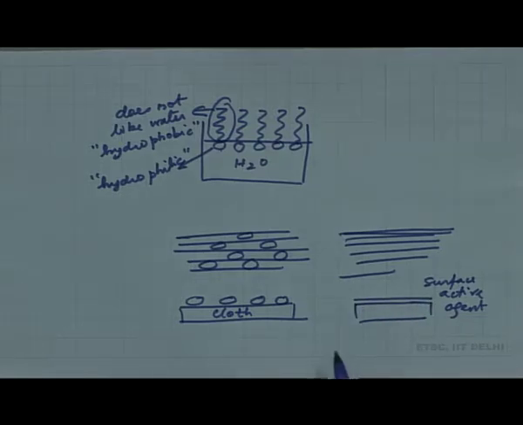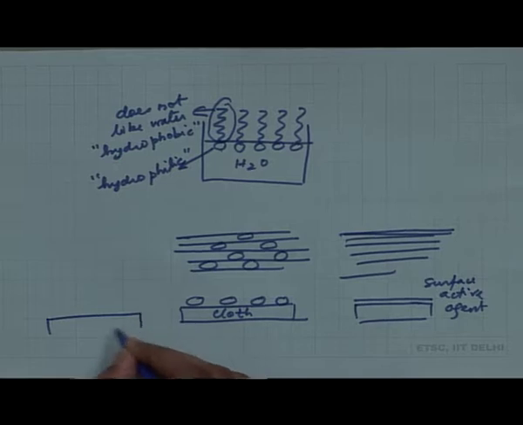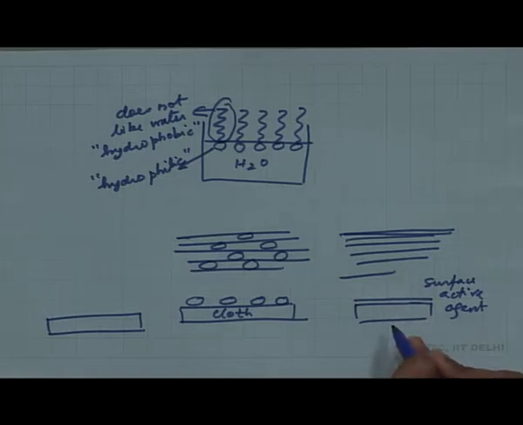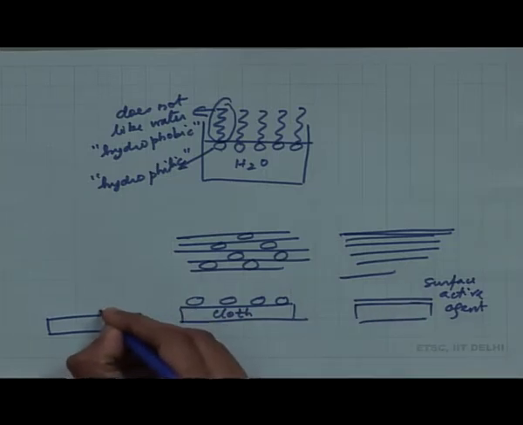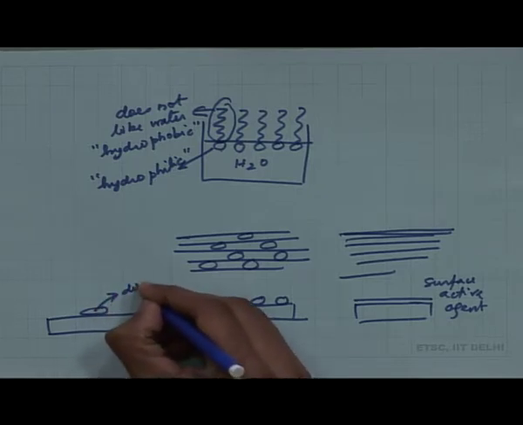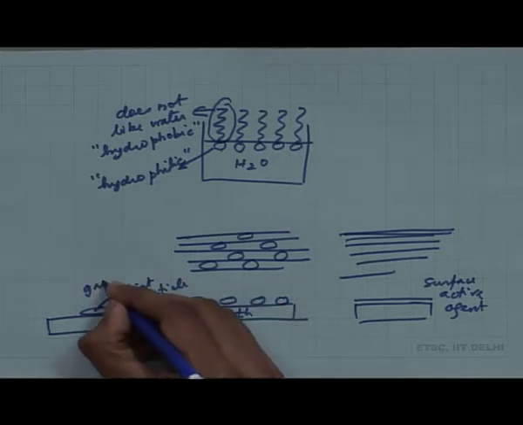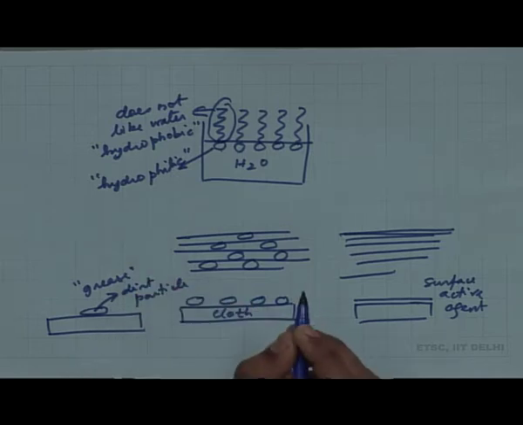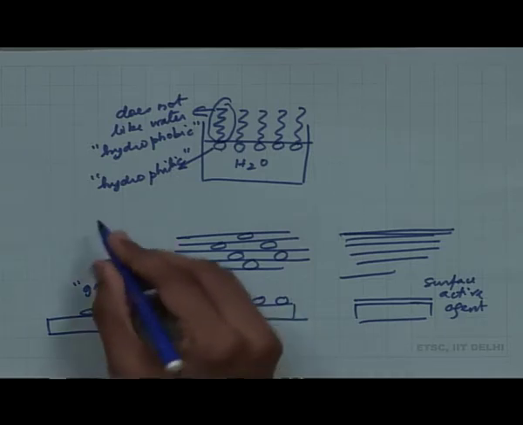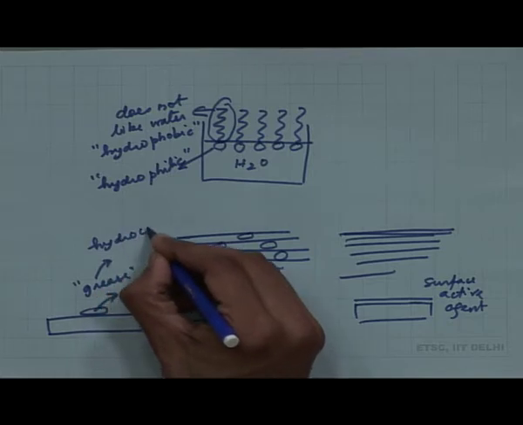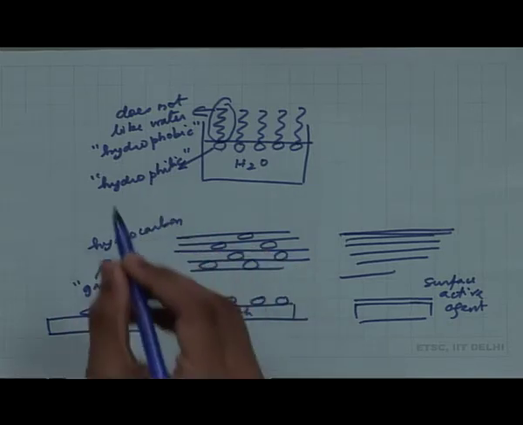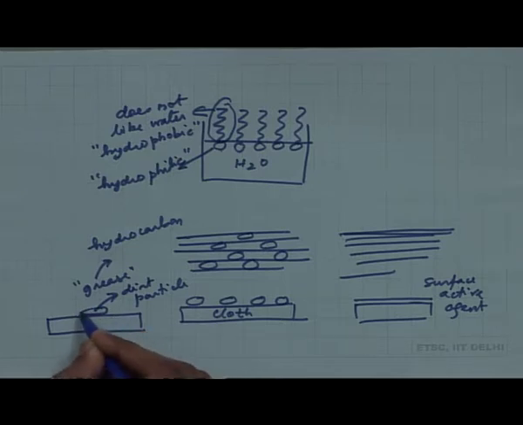This is important. Why is this important? This is important because the idea of using these surface active agents is that you want to remove dirt. So, think of this as dirt particles. So, this is a dirt particle. So, for example, grease. Grease is a hydrocarbon. Now, if I put the surfactant in here, I have to remove this dirt, and there are three things involved